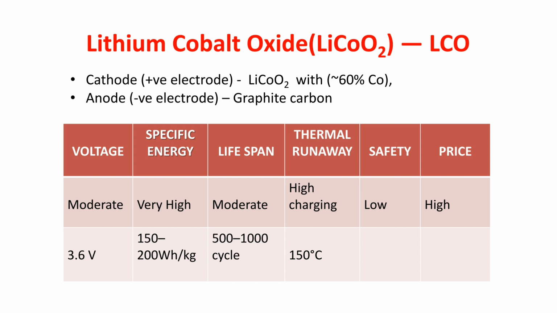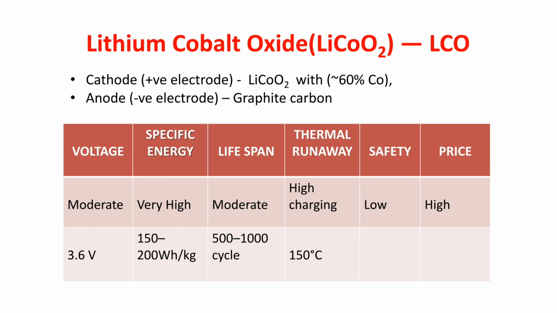Now friends, look at this table which is given at the top. And friends, here I want to mention that I did a lot of work to make this table for every type so that I can make you understand better, and I want you to comment below whether my efforts are fruitful or not. Now coming back to the table, 6 properties are being described here, like voltage, that is how much voltage it has, and specific energy. Specific energy is energy per unit mass, like how much energy can be stored in 1 kg of that material.